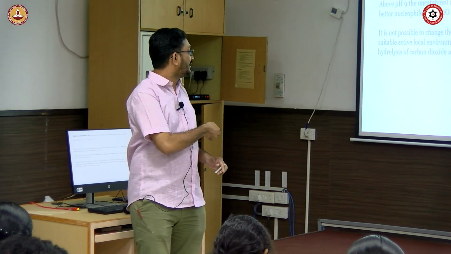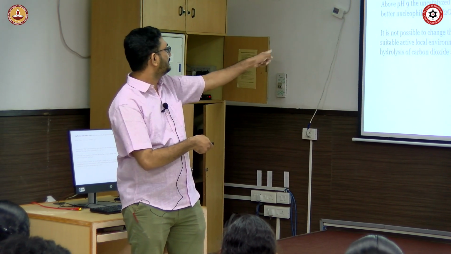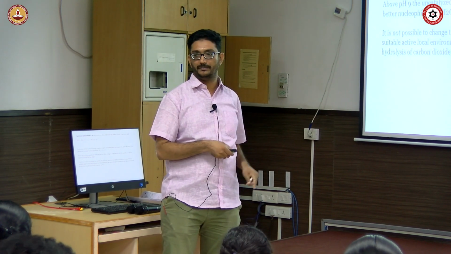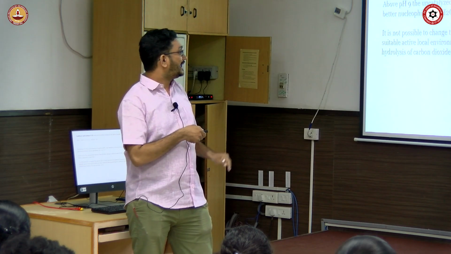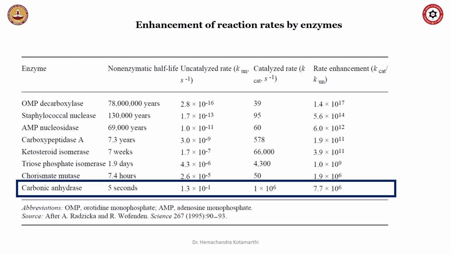So as I said, carbonic anhydrase, I think I wrote it as 10 power 7, but it's close to 10 power 6, 10 power 7 depending on that. So the carbonic anhydrase increases the rate of reaction multiple times. So here I am giving you a simple table. I have given you only the example of carbonic anhydrase, but for you to appreciate, just look at these enzymes, right?